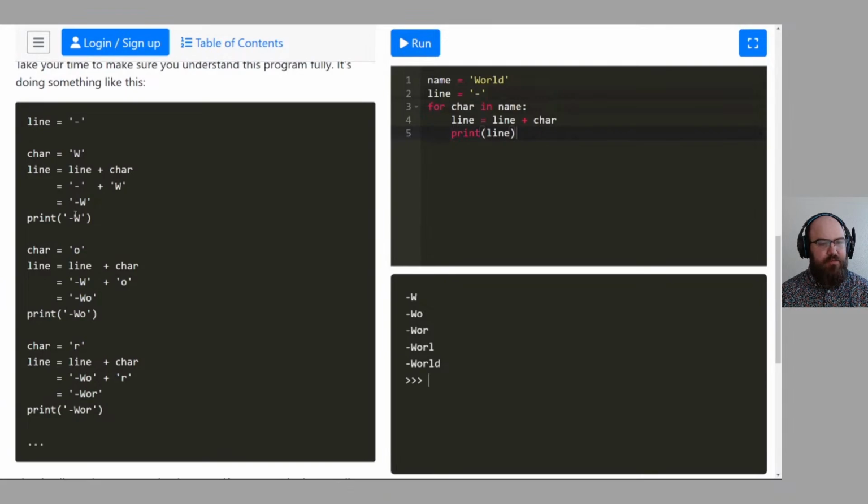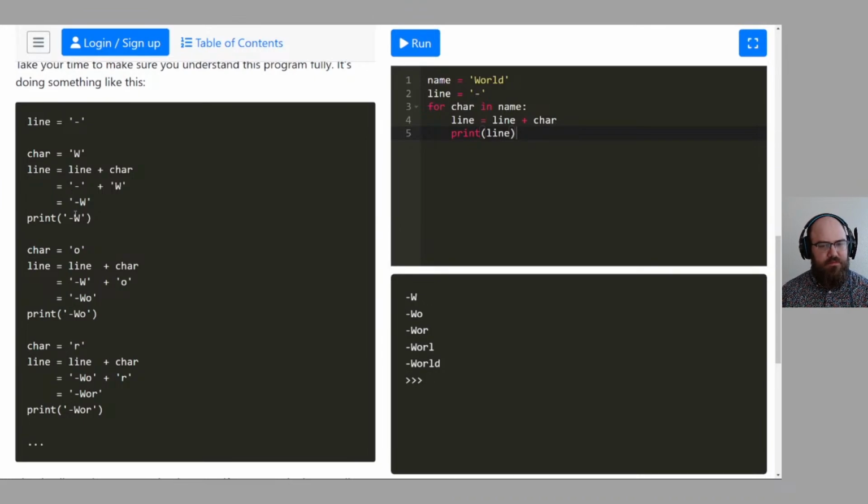Char equals W, line equals line plus char, which equals dash plus W, equals dash W. Print dash W. Then char equals O, and we take the existing value of line, which happens to be dash W, and add the value of char to get dash WO. Then when char equals R, we add that on to our growing line, and we get dash WOR.